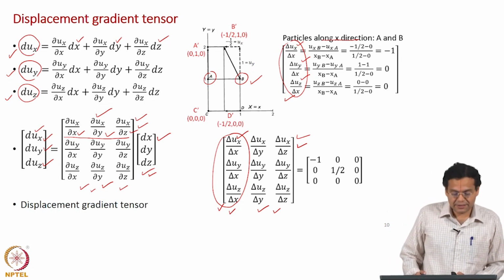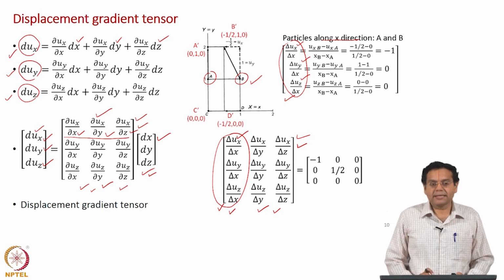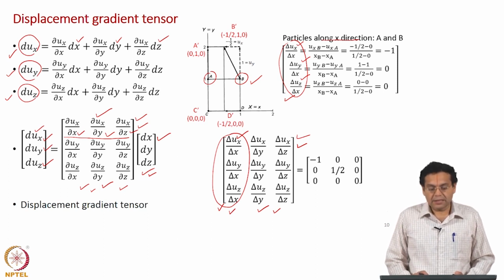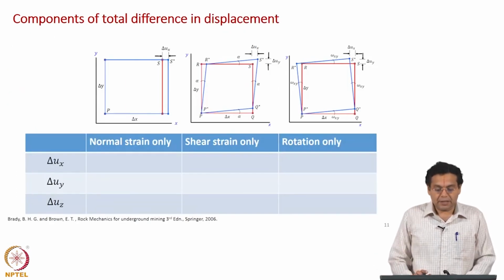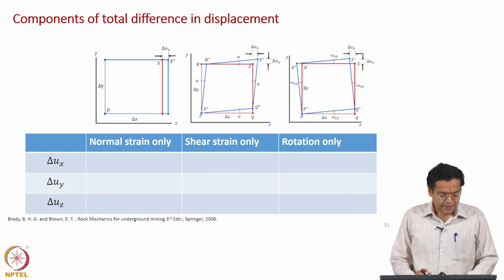We have derived this relationship between dx dy dz and dx dy dz and the displacement gradient tensor the first way, which is more mathematical. Now, we will derive the same relationship the more geometrical way in terms of the components of the total difference in displacement. Okay. I would like to mention the book which is being followed here